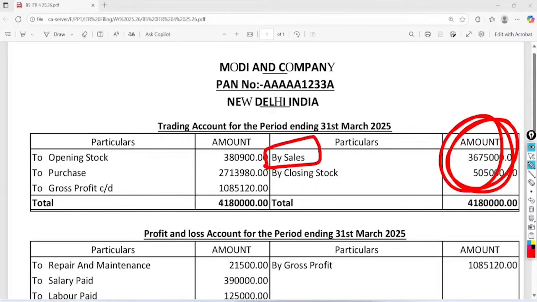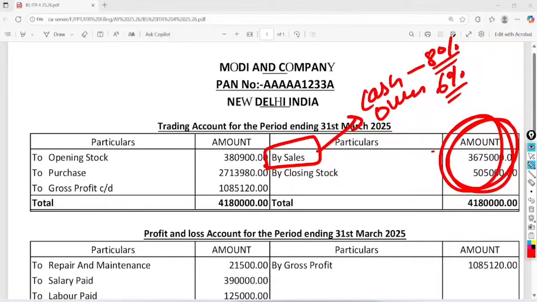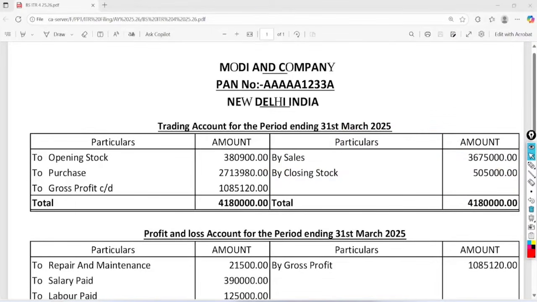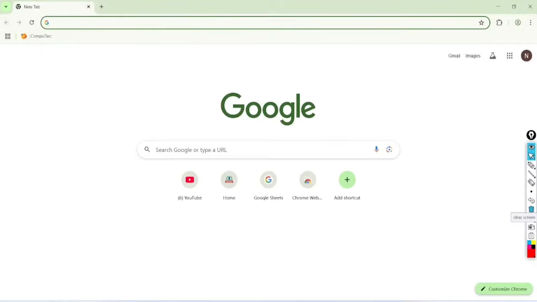That's why our turnover is 36,75,000. You can also bifurcate the sales into cash and online, because on cash sales you need to declare at least 8%, and on online sales you can show less than 8%, meaning 6% of net profit. So to file your ITR, you need to open any browser on your mobile, computer or laptop,